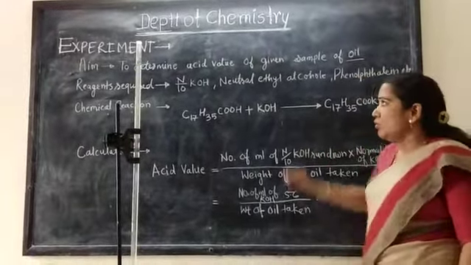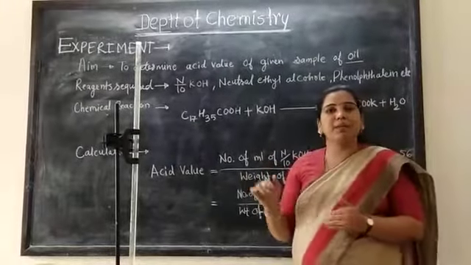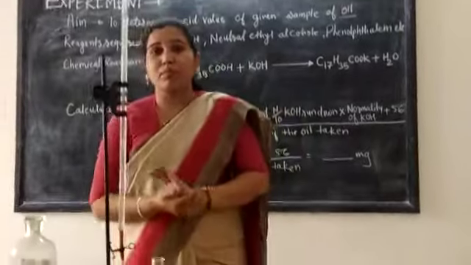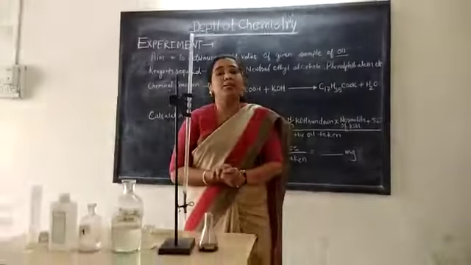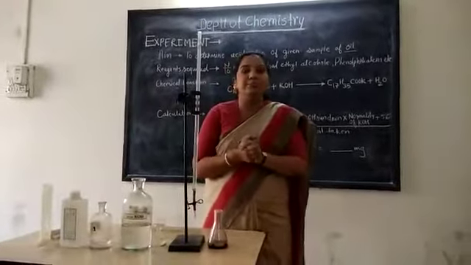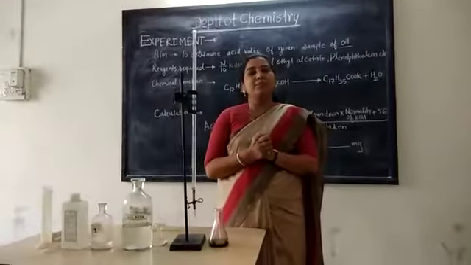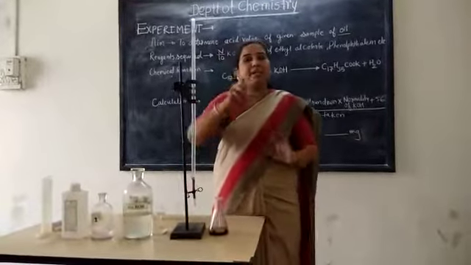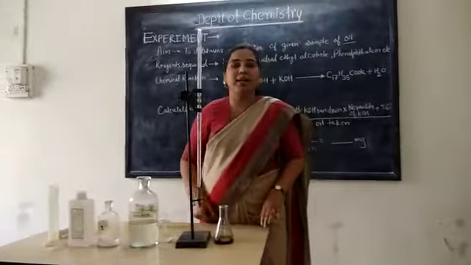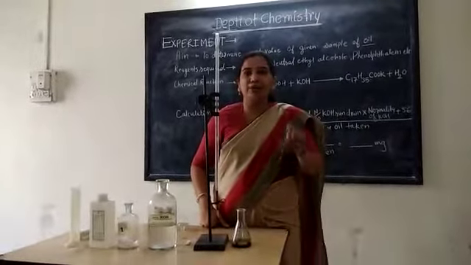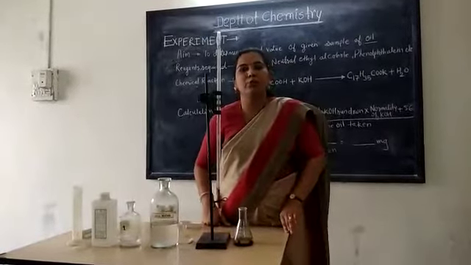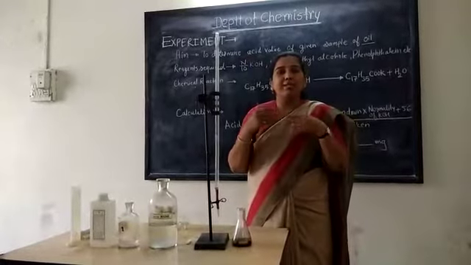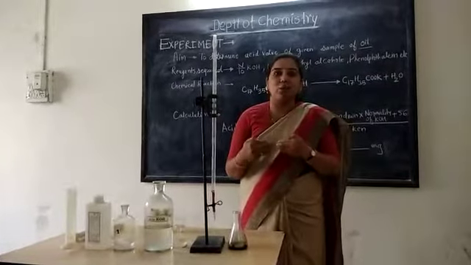Okay. Now first of all we will perform this experiment and then we will see its explanation. Here we have to determine acid from oil. Whenever the acid value is more than 0.1 gram, it is harmful for the life of the engine when the oil is used in vehicles. So here we are going to calculate how much acid is present in the oil, and